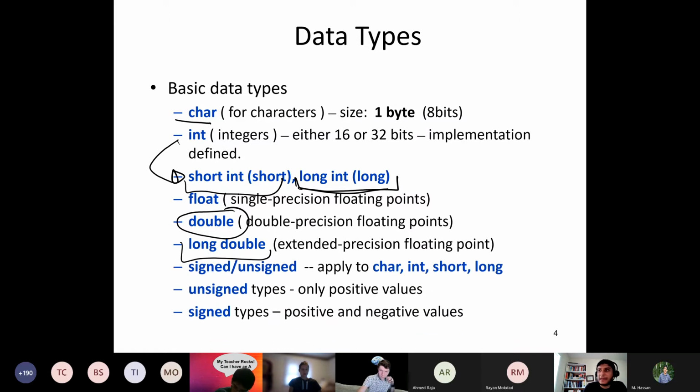And then I can add specifiers, signed and unsigned. I said, for example, int is signed by default, correct? But what if I know that my use case, my application, is going to have only positive numbers all the time? Assume, for example, you are defining a variable to count how many cycles or how many minutes you spend on doing something. This will never be a negative number, right? So if that's the case, maybe you can save your memory. You can use the full range of 2 to the power 32 minus 1 by defining your variable as unsigned int.